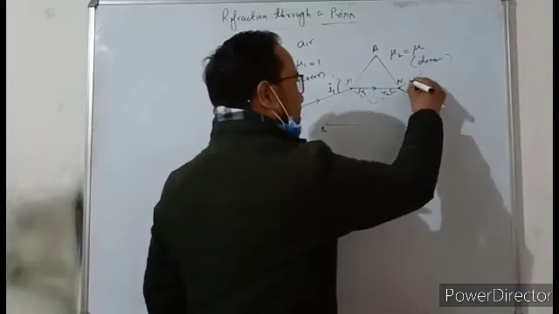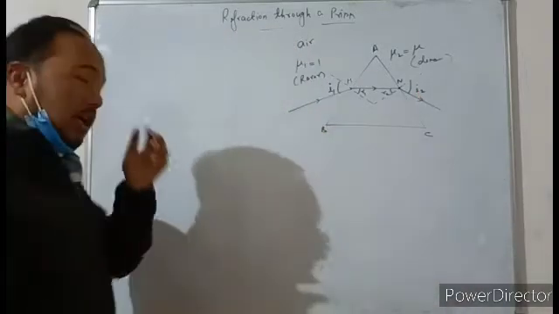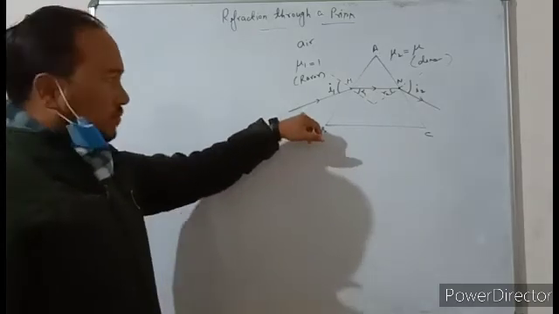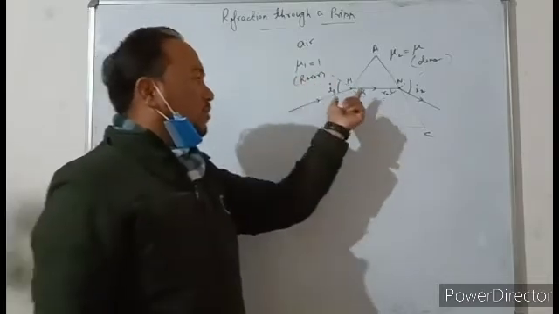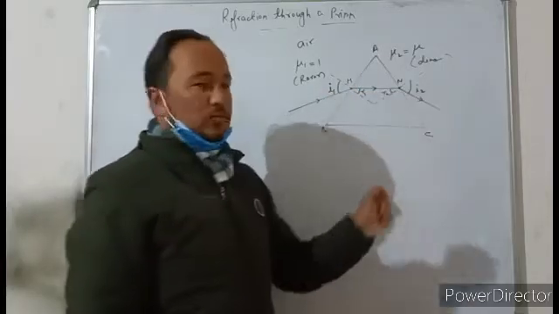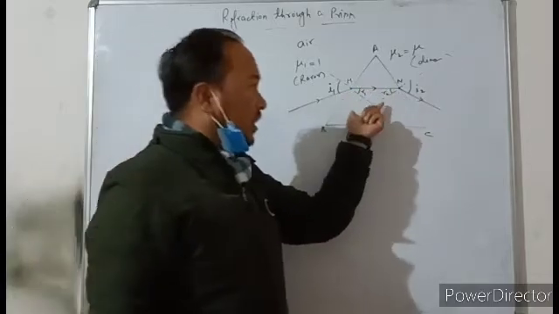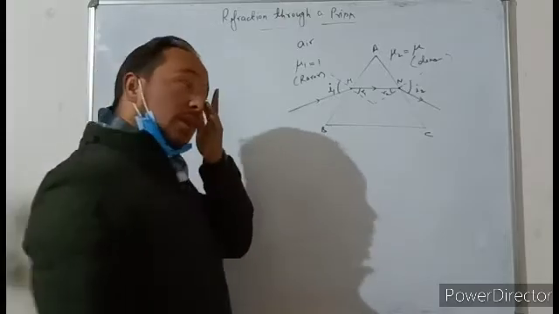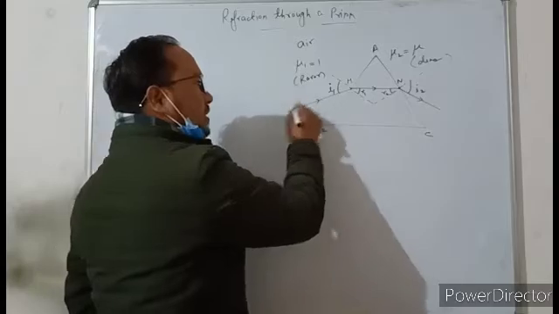This angle is taken as I2. So students, this is the ray diagram of refraction through a prism. This is the incident ray, which makes angle of incidence I1, and then the angle of refraction is taken as R1. Then further at this interface, point N is taken as point of incidence, and here the light is traveling from denser to rarer medium. Therefore, light will bend away from the normal. Now, this is the incident ray.